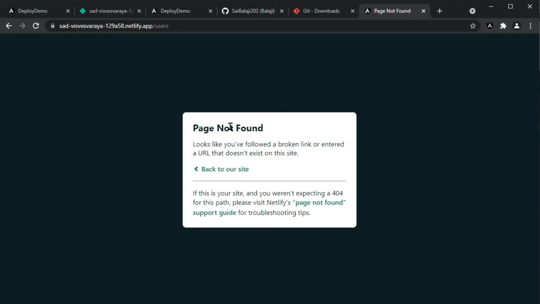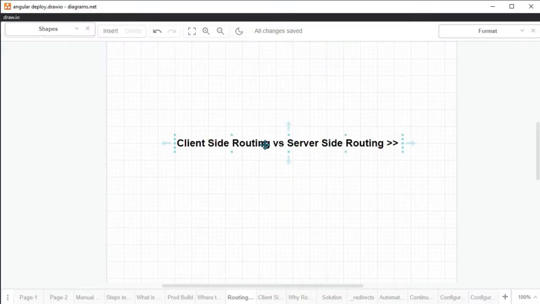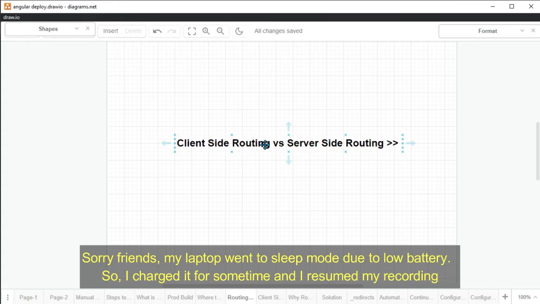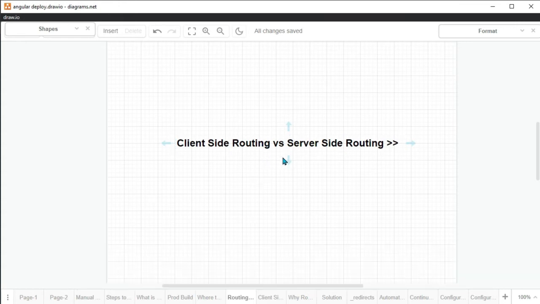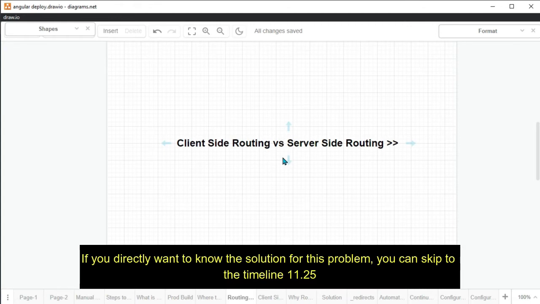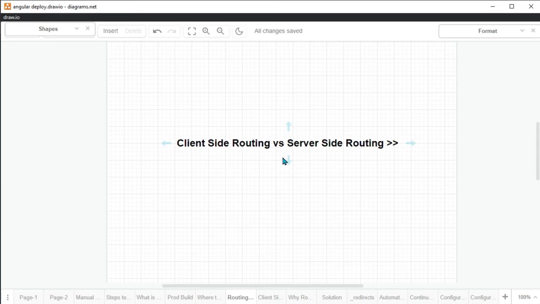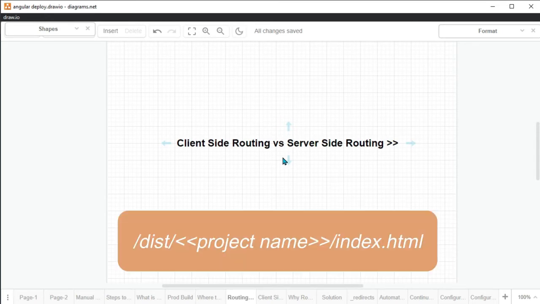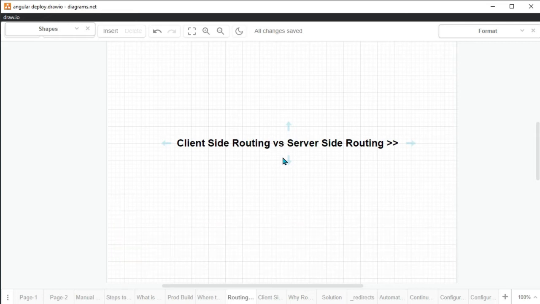So this is one of the most common issues that we all will face when we try to deploy our single page application to any server. We will first try to understand why this issue is coming and then later I will show you how to fix it. As you may know, using Angular we can build single page applications. Unlike a traditional multi-page application, we won't have multiple pages in our Angular app to manage different pages, but we'll have only one HTML file, that is our index.html file, and then all the contents will be dynamically populated into that particular file. That is why it is known as a single page application.